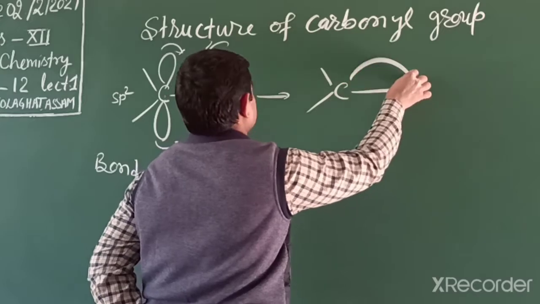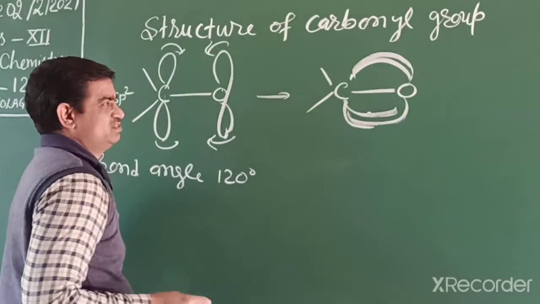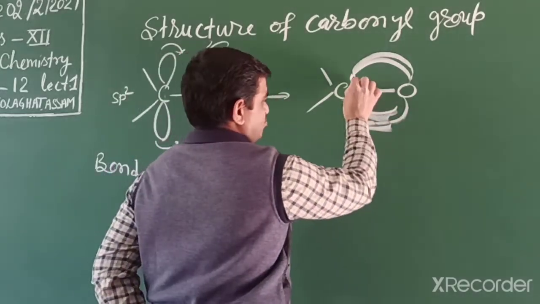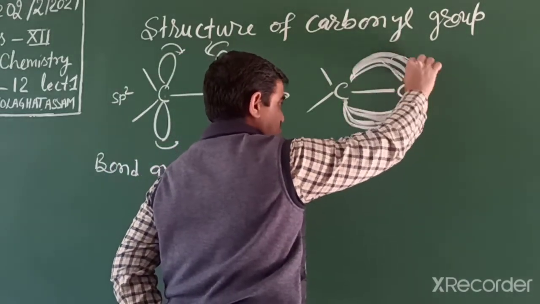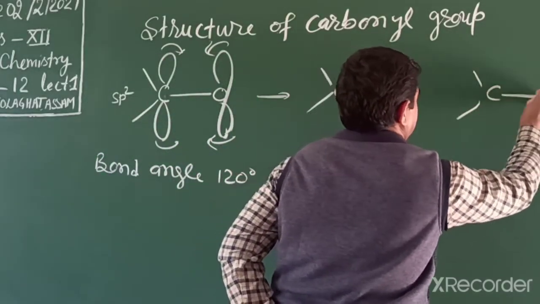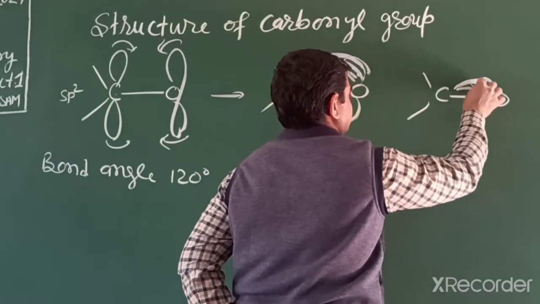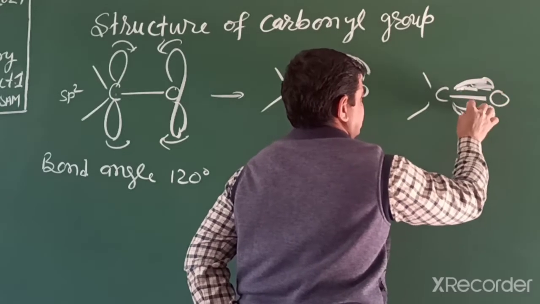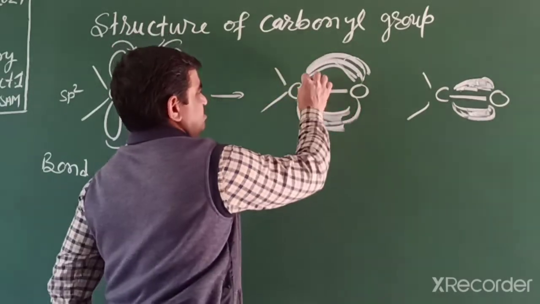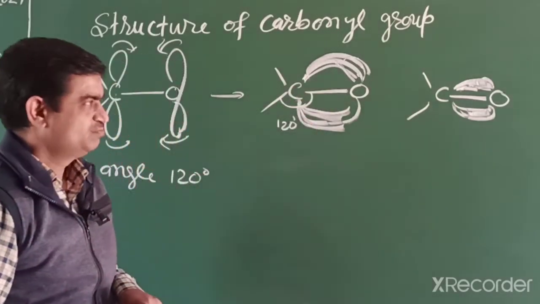This electron cloud on both sides, when they mix, they make a pi bond. Then the electron density moves towards the oxygen side. So we can draw it in this way, more electron density towards the oxygen side. If we compare, the oxygen side has more electrons. So definitely, this one is a pi bond, bond angle 120 degrees, polar nature.